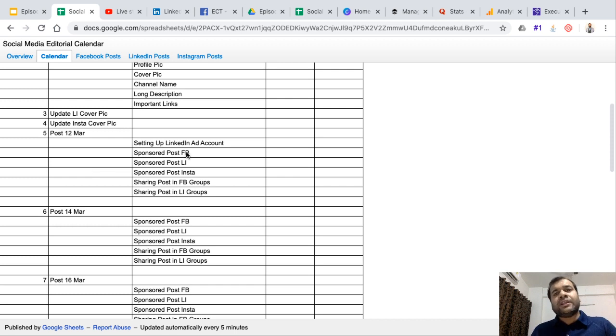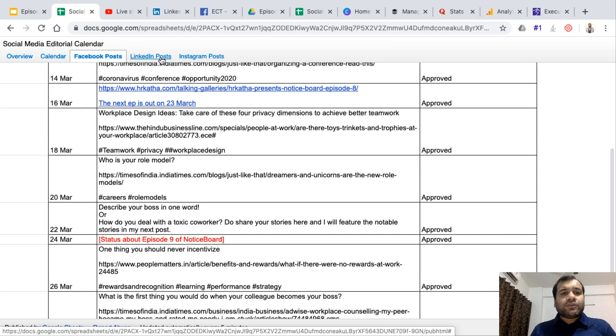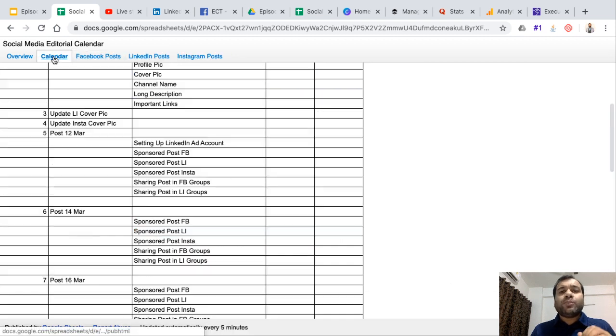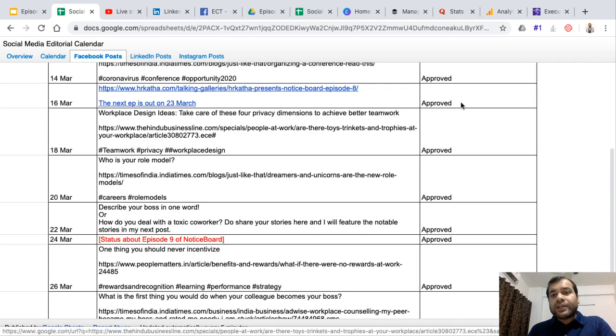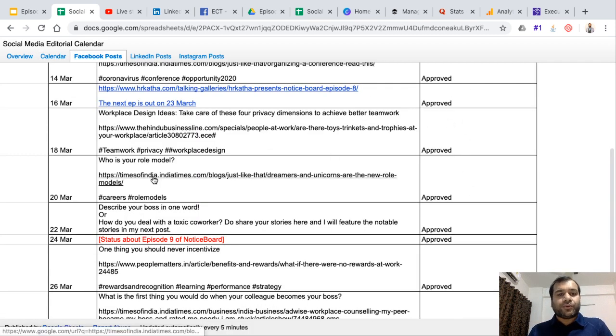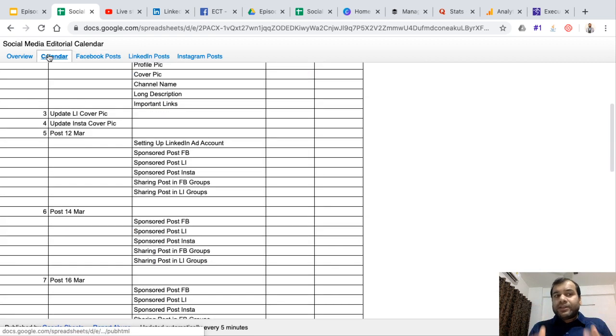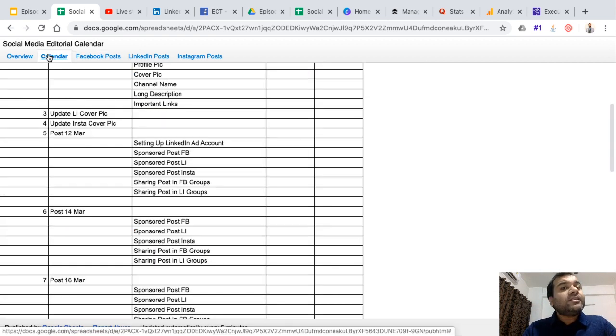You have to post on social media and then you have to go and promote that, right? So this calendar gives you a clear picture that on these dates you are going and posting your content, right? And then you have post content on Facebook, LinkedIn, and Instagram where you have to post the actual content. If you are working for clients, then first you create the content, and here you will see the approval status, whether it has been approved or not. So first you create the content and then you send it to the client. Once they approve, then only you finally post on their social media account, because everything that you post on your client's social media account has to be approved by them first, right?